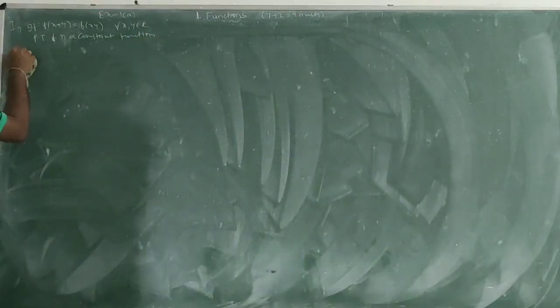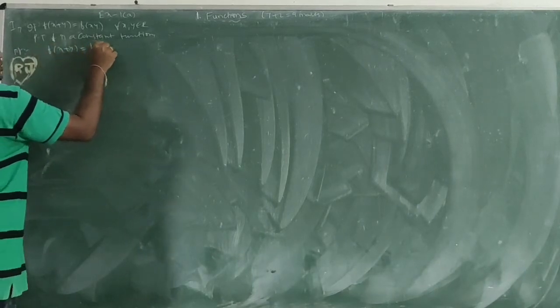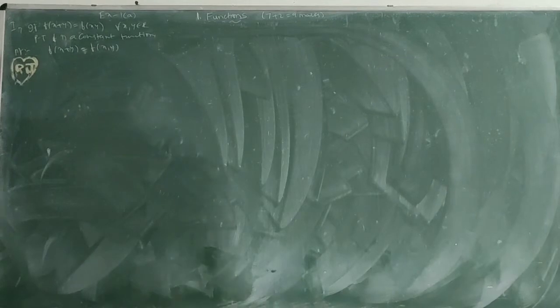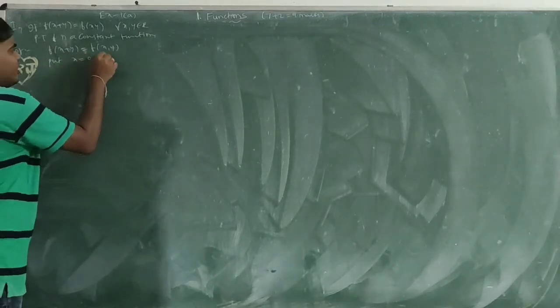So taking the proof, f of x plus y equal to f of xy. So put x equal to 0, y equal to